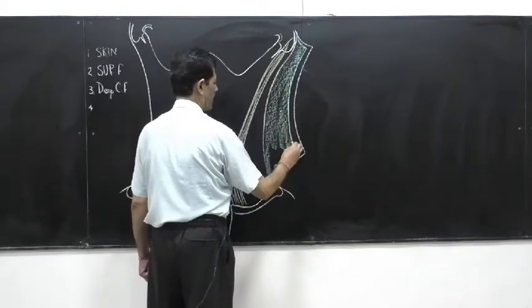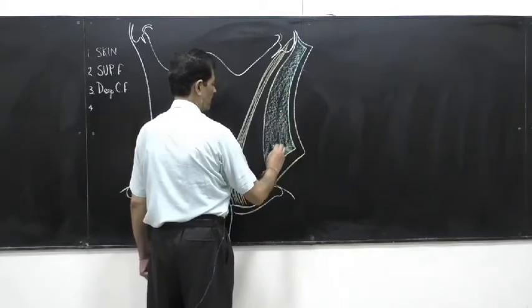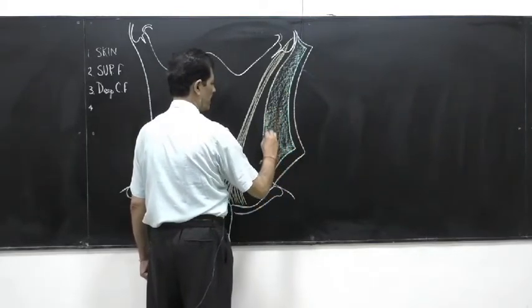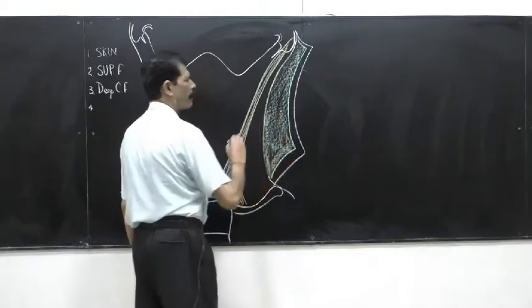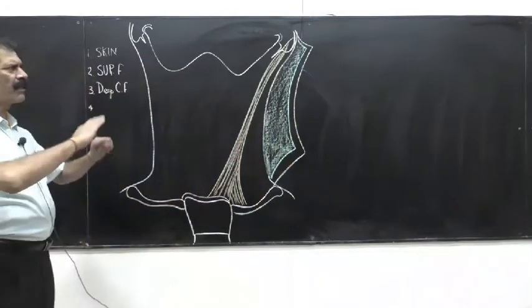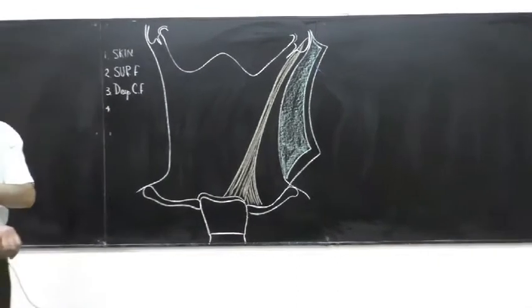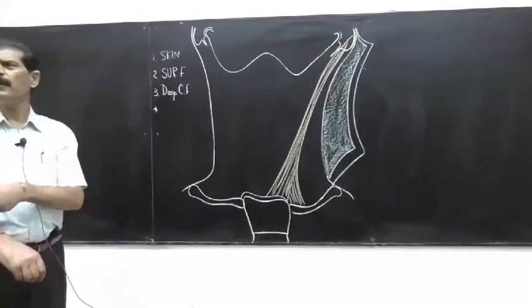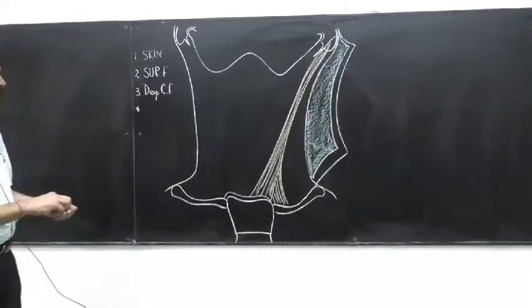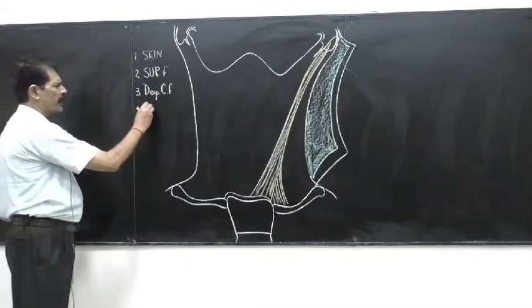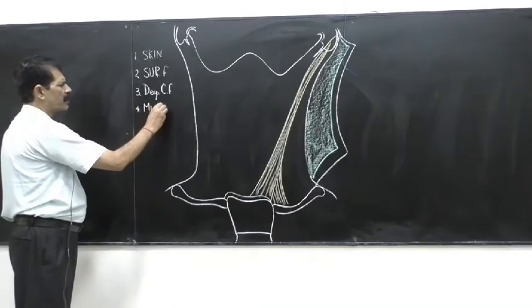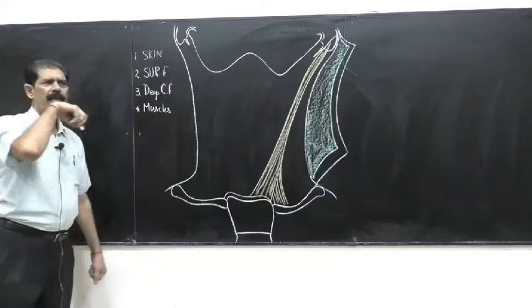The same diagram. Now you have to make on the third page this new diagram. After the deep fascia reflection, skin reflection, what do you expect the fourth layer of the human body? Below the deep fascia, what is the fourth layer of the human body? From head to toe: skin, superficial fascia, deep fascia, then muscles. Very right. So now we will expect the muscles present in the anterior triangle.